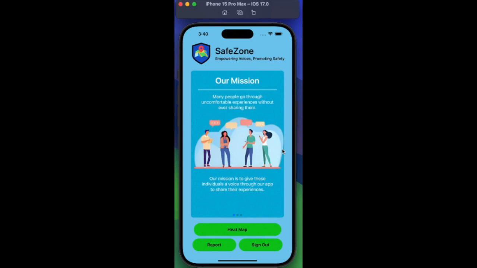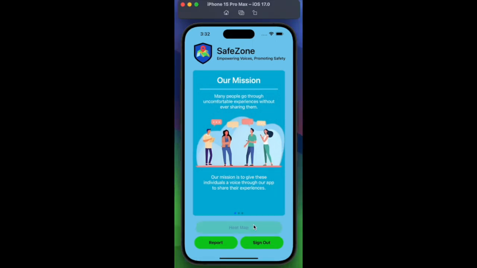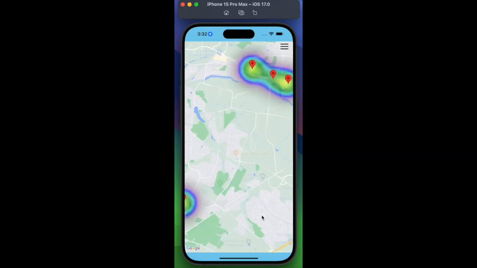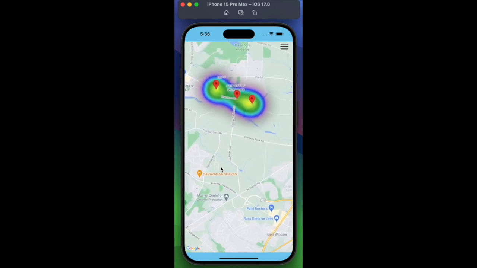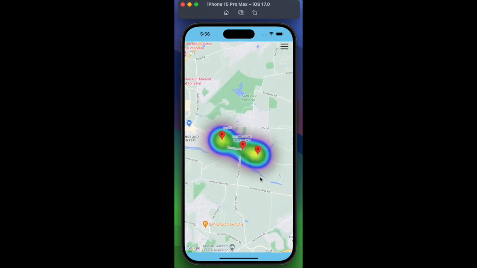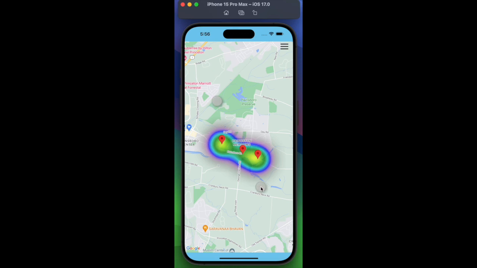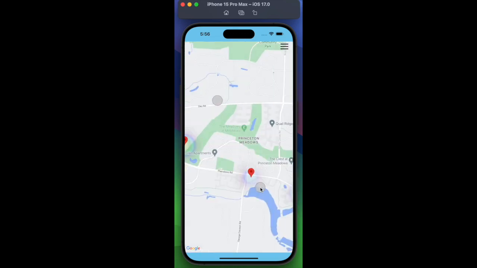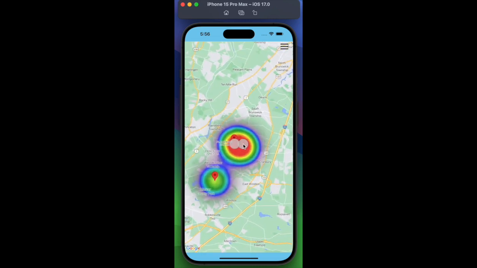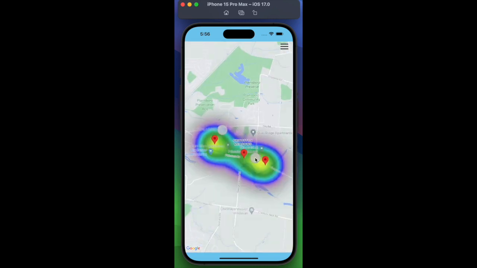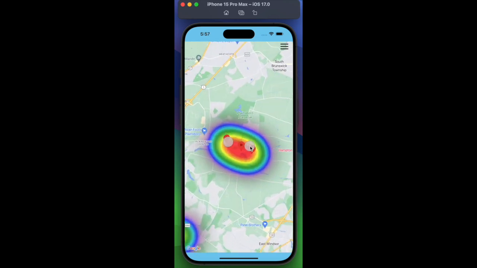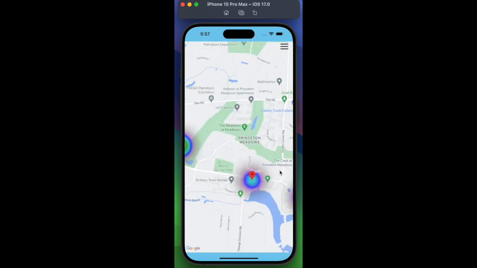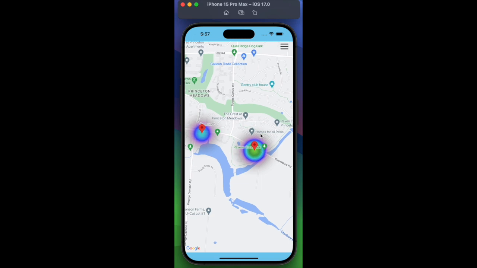This report was now added to our heat map of social injustices, and we can go check that out right now. We hit heat map, and boom, we get a heat map with all these different reports. We can move around. That's a feature we added. You can also zoom in and out. And we added our own clustering algorithm. And you can see when two heat zones get close together, they cluster and become bigger. And when they separate out, they become their own circles. So we made that entire clustering algorithm ourselves.